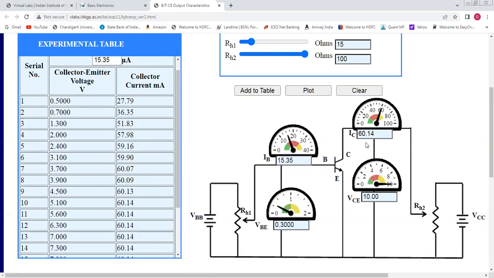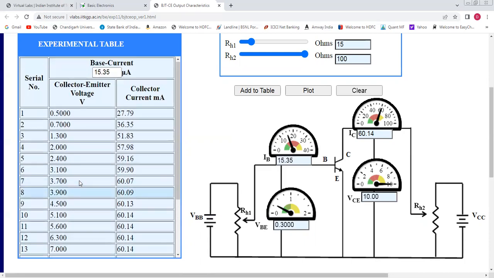Okay. So if a question comes that what do you mean by output characteristic of the common emitter amplifier, that means the output characteristic is a graph between the output current and output voltage for different values of the base current. So these readings we have got for base current of 15.35 microampere. Similarly, you will